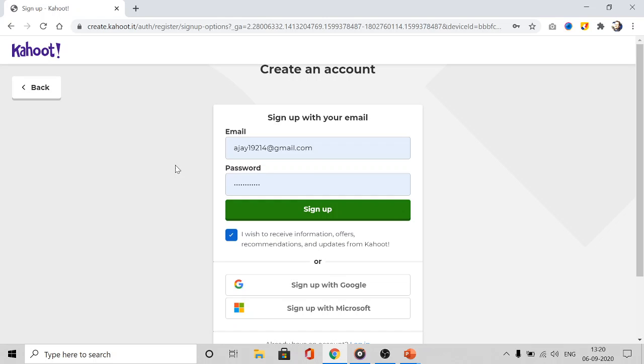Let's enter your email and choose a password to sign up, or Kahoot allows me to sign up with my Google account or Microsoft account.